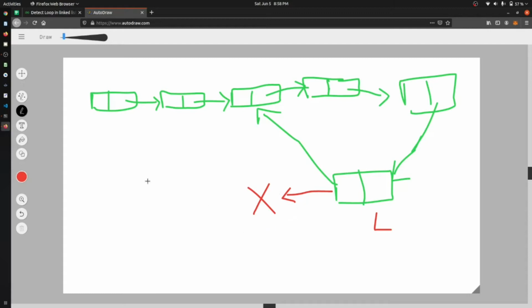Okay, one way is that we can just iterate over it and say, if the current node dot next is double equal to null.